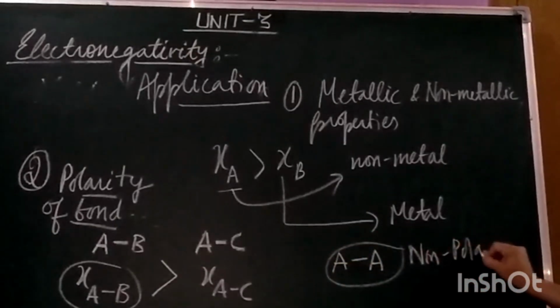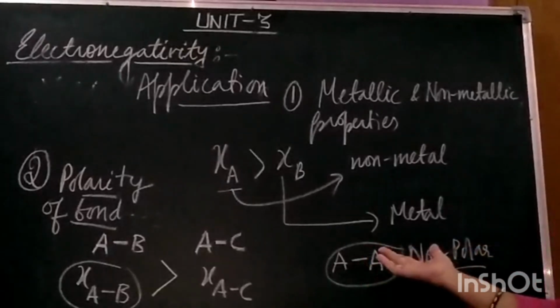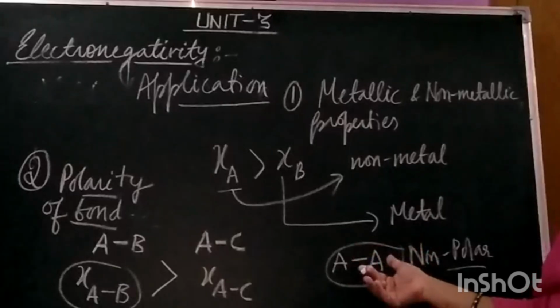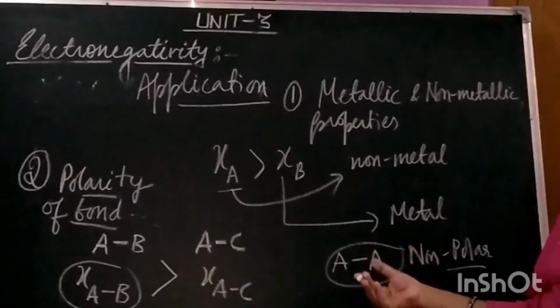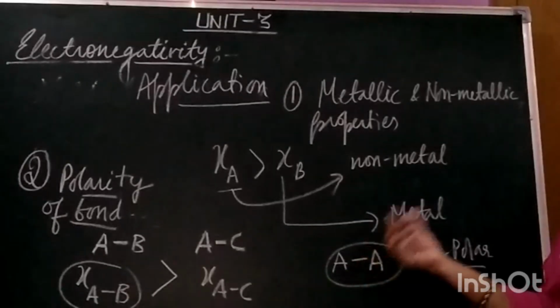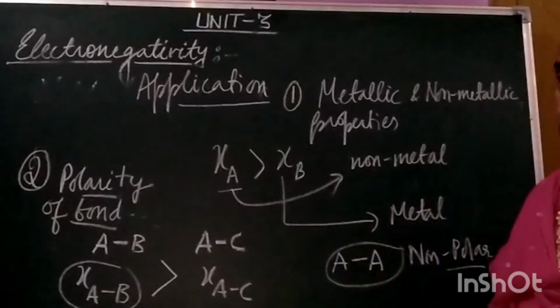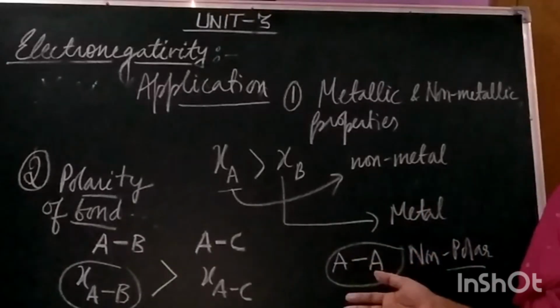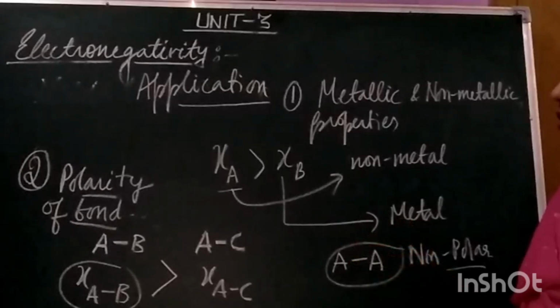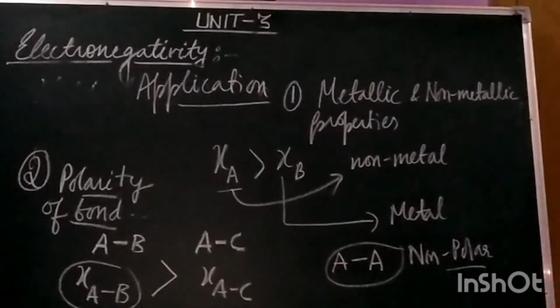Now students, polarity means the difference that occurs due to the shift in electron charge, due to shifting of the shared electron pair toward one of the atoms. So polarity always results from the electronegativity difference. As a result, the electron cloud of the shared pair is more tilted toward one of the atoms, and hence there is a difference in the charge distribution. Right students? So these are the two main applications of electronegativity.